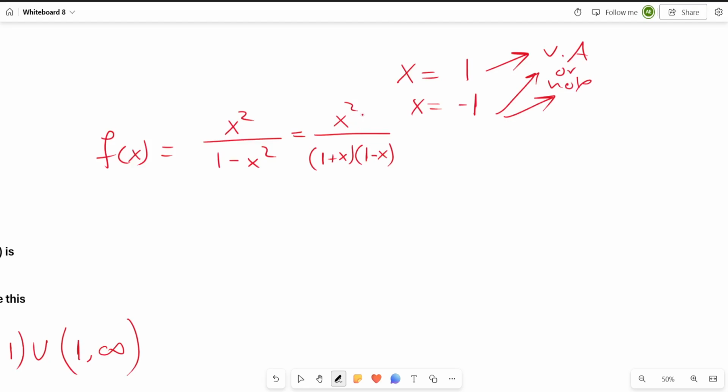Do I have any numerator factor that will cancel with them? In this case, no. So that is why these are considered vertical asymptotes. This is also a vertical asymptote. However,